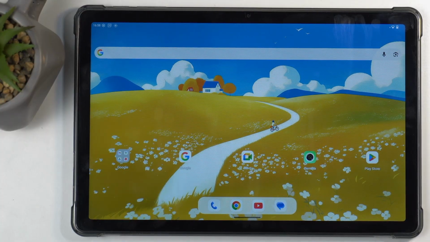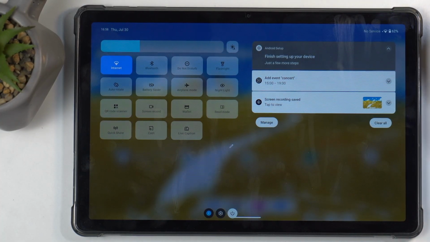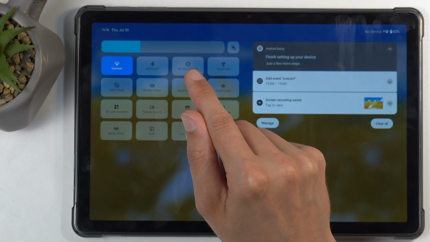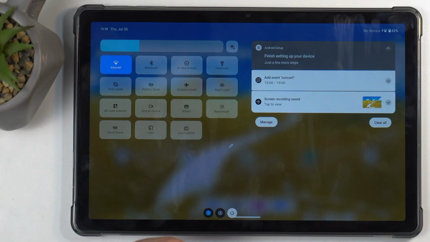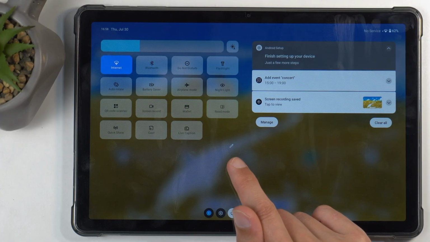So, to get started, you'll want to swipe down from the top of your screen, which will bring down your toggles and notifications, and on the left side you'll find a bunch of toggles, hopefully one of them being the Do Not Disturb mode. Now, if you don't see it in this list, you can add it by clicking on this pencil right here,